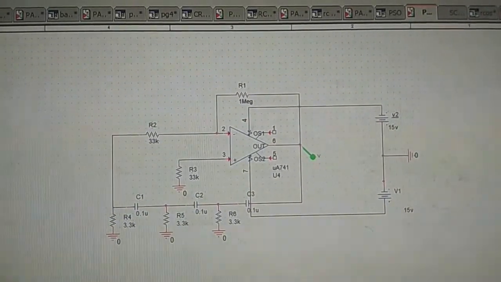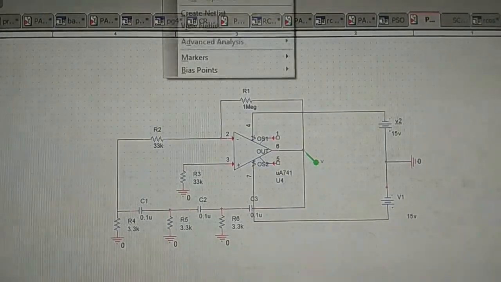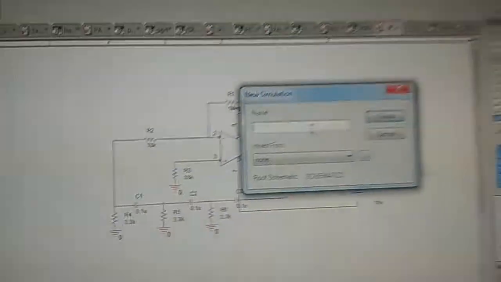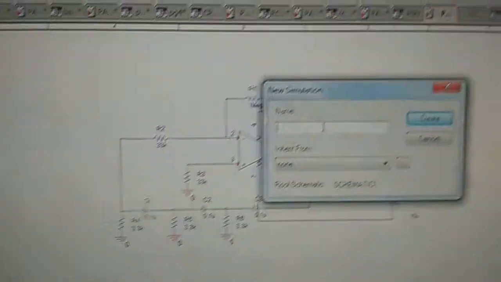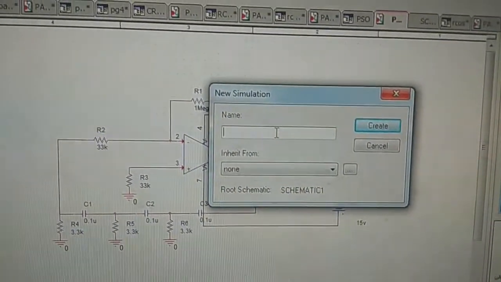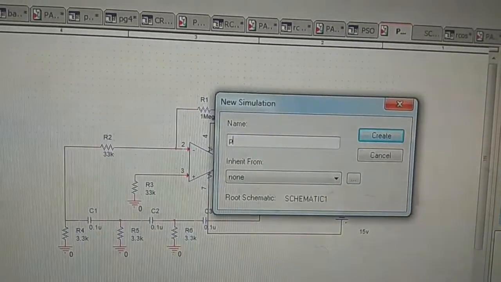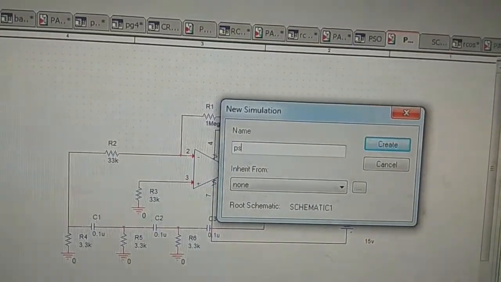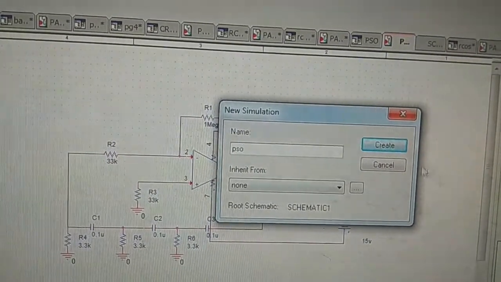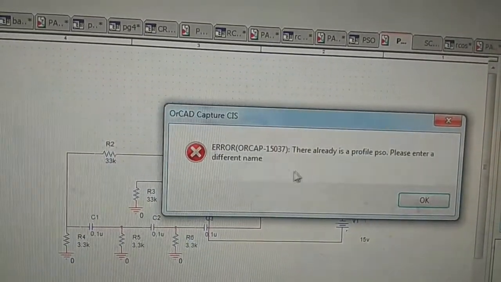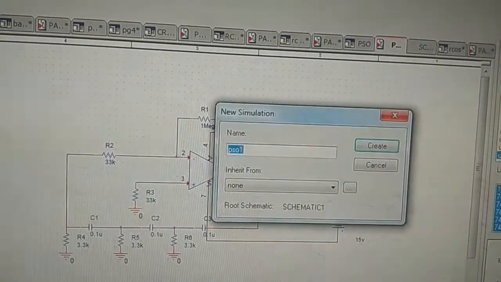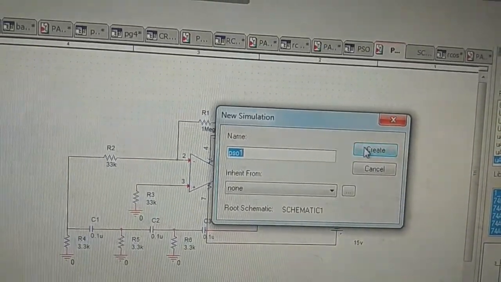Now to simulate this RC oscillator, we have to go for the PSpice new simulation. Go to New Simulation. We'll give the file name as PSO1, a different file name, and create the simulation.